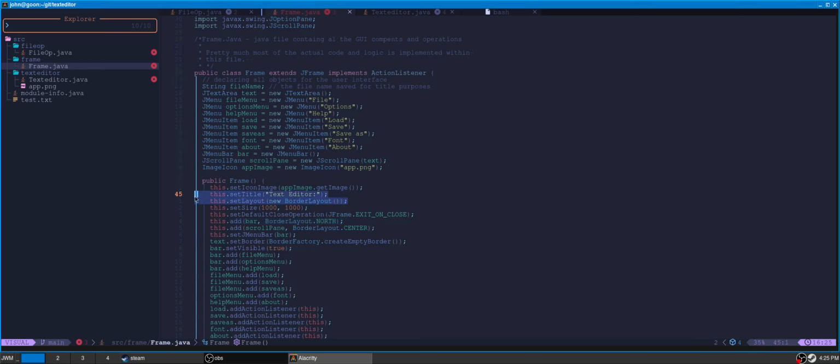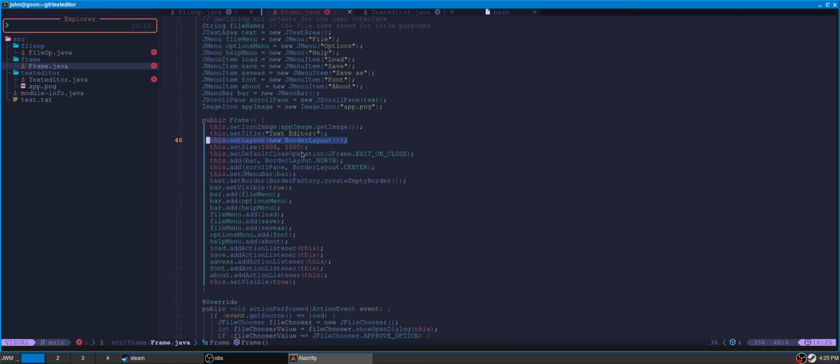And I am using the border layout, which is kind of like you have a north, south, west, and east, and in the center, which just takes up the rest of the space if there's nothing there. And I'm setting the default size to 1000 by 1000. It doesn't really matter. You could probably just use the .pack, but it would look really weird because it'd be a tiny window if you don't have any text in there. So, anyways. The default operation is exit on close